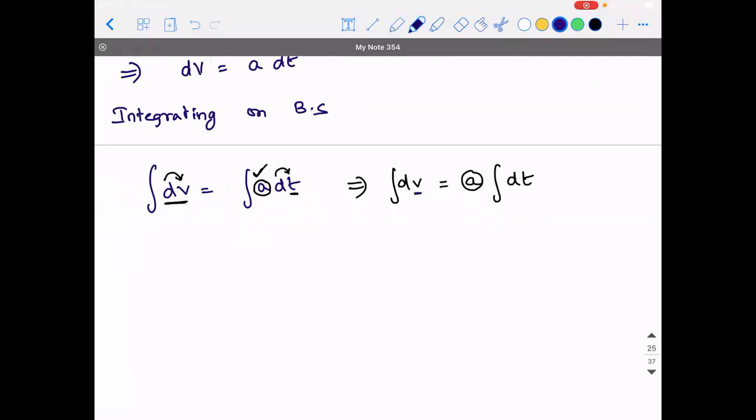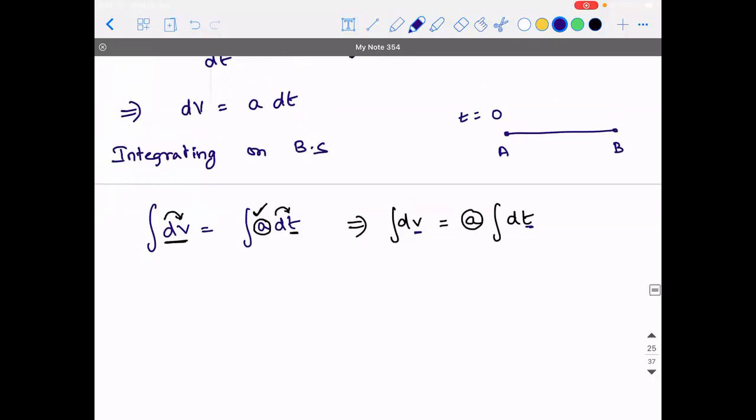if v is a variable and here t is a variable, I told you, with respect to integration, you need to take the limits. The one which you write at the bottom is called the lower limit. When you write the lower limit on the right hand side, you need to write the corresponding lower limit on the left hand side. What I'm trying to say is, if an object is moving from point A to B, and at t is equal to 0 the object has initial velocity u, then at time t the object has final velocity v. Observe the way I'm going to write it.